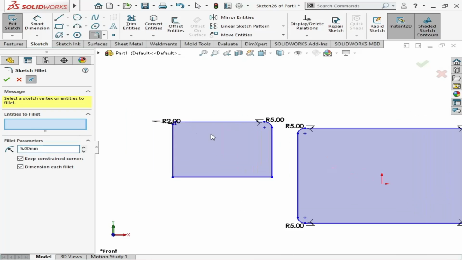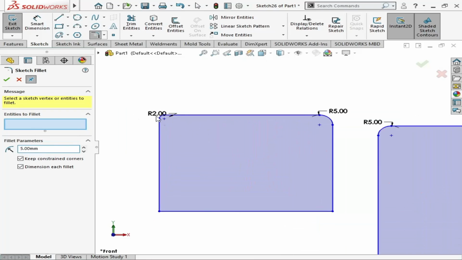As you can see, in this way you can give different dimensions, or you can say different fillet radiuses, on the sides of the rectangle. For example, if you want a radius here to be 10, you have to make sure that this dimension each fillet is checked, because this will apply different fillets on each of the parts.